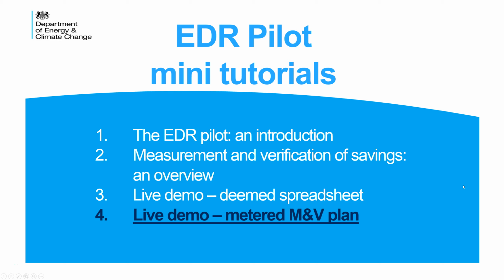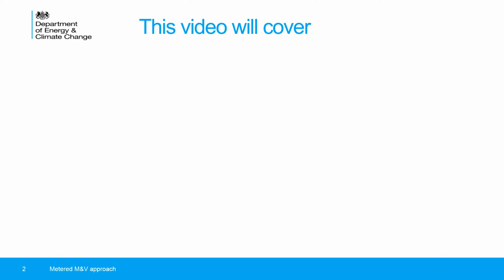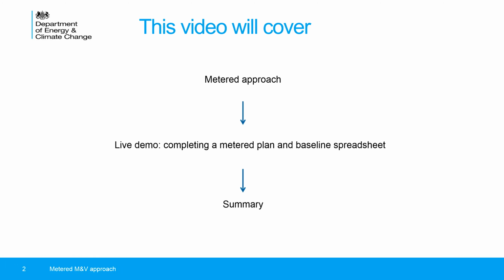This is video 4 of the EDR Pilot tutorials. In this video, I'll be giving you a demonstration of how to complete a metered M&V plan. The video will be in 3 parts. I'll start with a bit of background to the metered approach. I'll then move on to give a demonstration of how you complete a metered plan and baseline spreadsheet, and finish